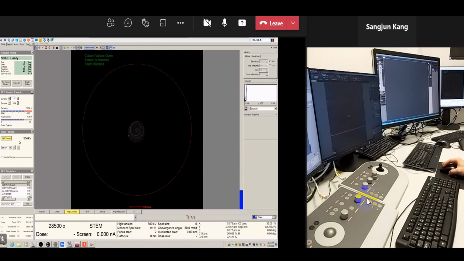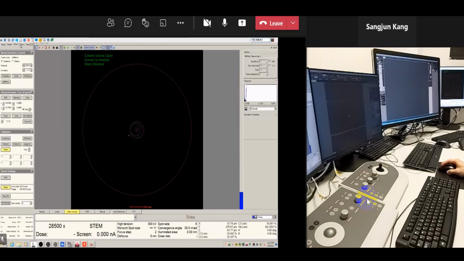As I told you, we are at 3 kV high tension, and here we are using the monochromator for tuning the gun lens. Basically we use monochromator focus and shift to change the current on the sample. So we need to center the monochromator